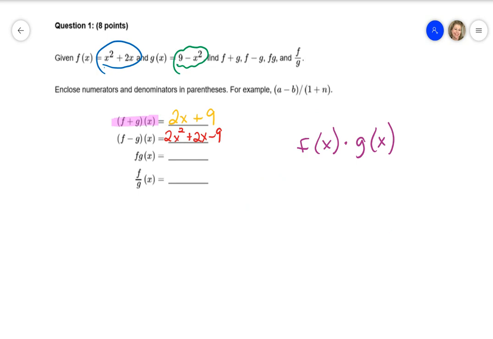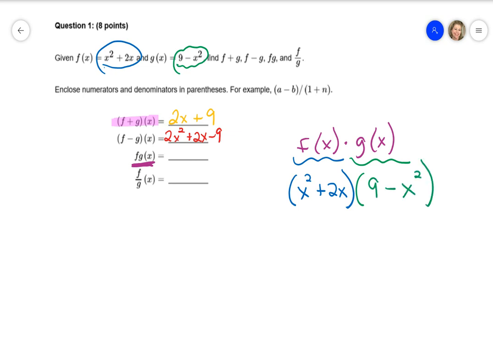Okay, so next we're going to do this one here, which says fg of x. That simply means take f of x and multiply it times g of x. Well, once again, f of x is an x squared plus 2x, and I am going to have to put that in parentheses because I'm going to multiply it times the 9 minus x squared. Now, this is a binomial times a binomial, so I am going to use the FOIL method, and FOIL stands for first,